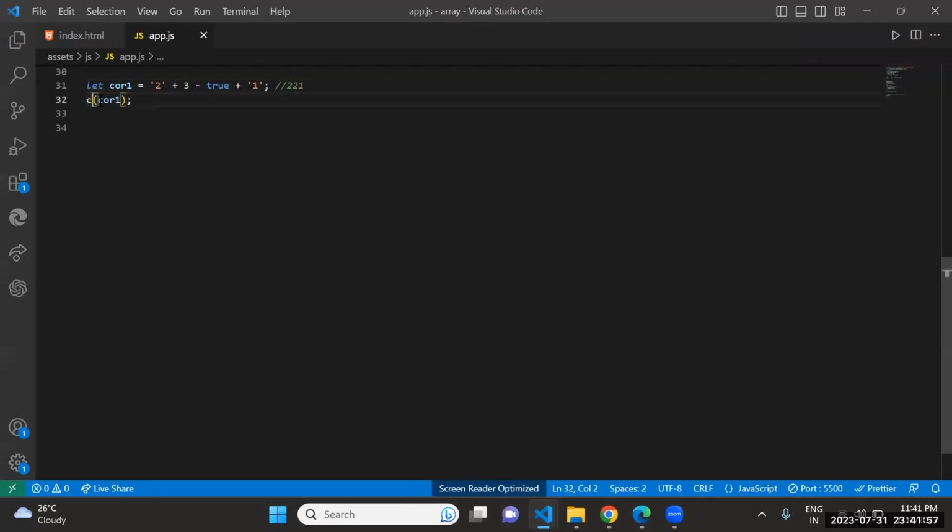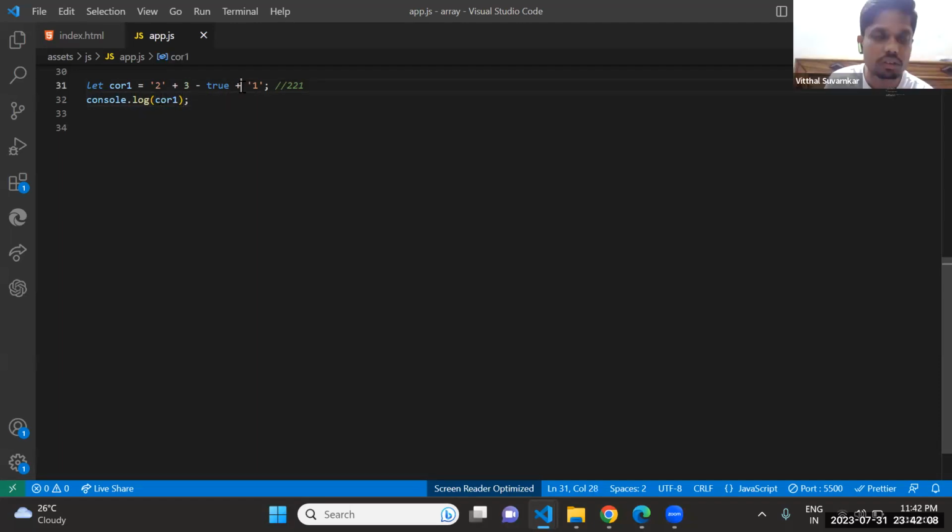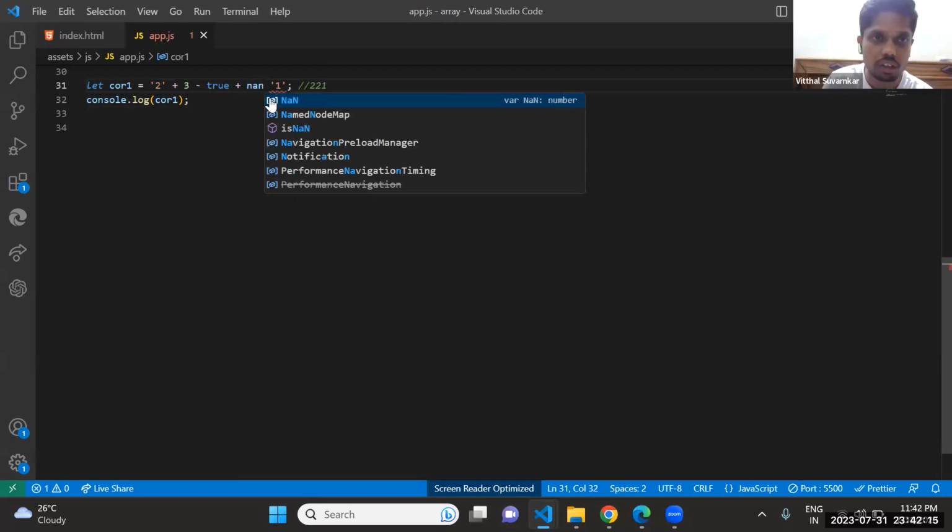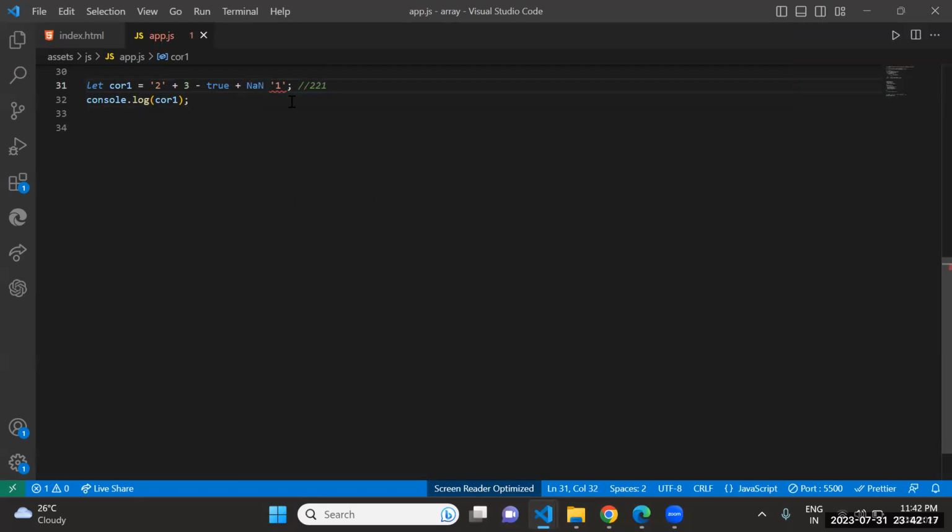Okay, now after the true, make a change: true plus, at line number 31, 2 plus, and then in string 4. NaN. 4 in string 4.